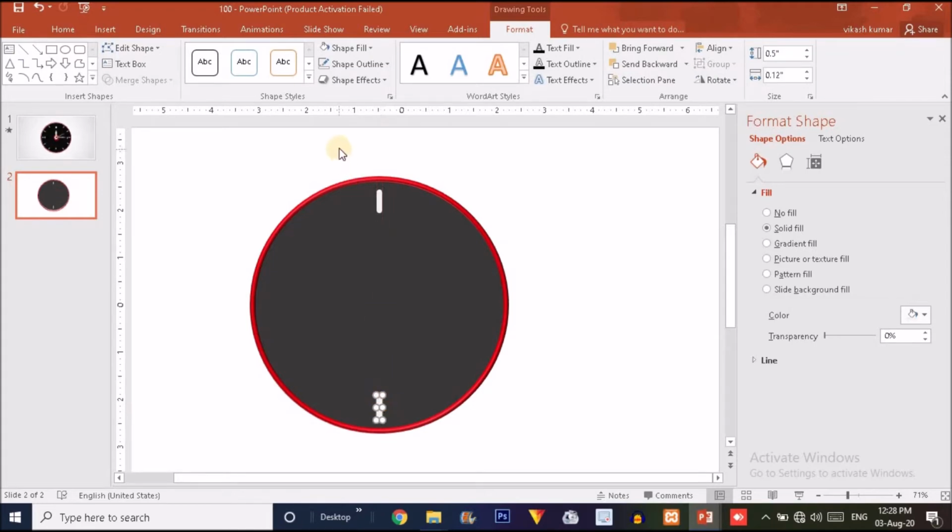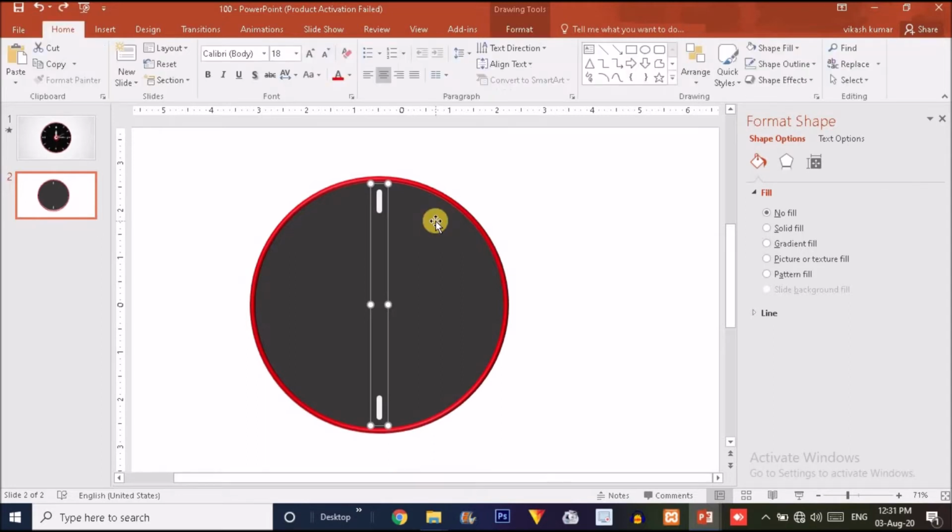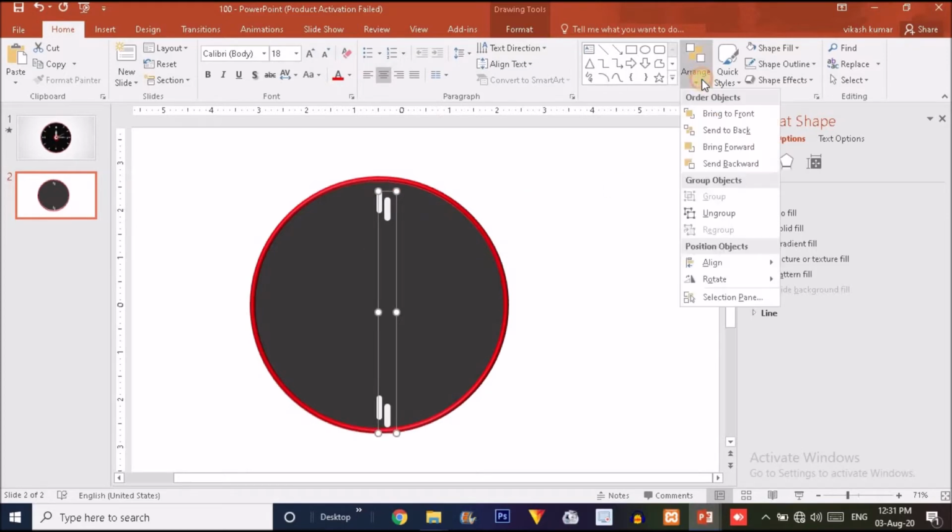Look guys, you have to put it just in front of the top one. Now what I'm going to do, I will select all these two shapes and press Ctrl G to group it like this. Now duplicate this shape by pressing Ctrl D and click on arrange option.